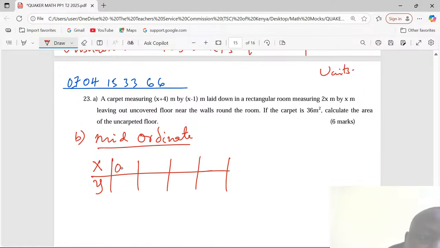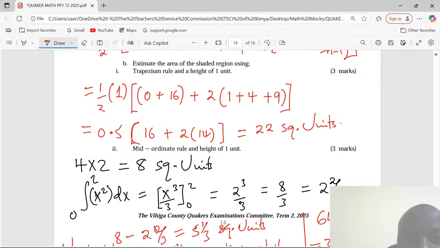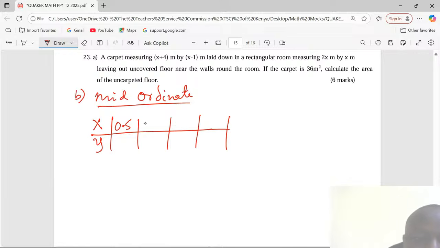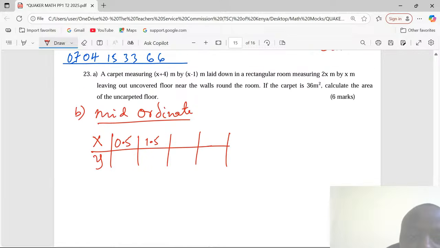We pick 0.5. Then from 1 to 2, we pick 1.5. Then from 2 to 3, we pick 2.5, and 3 to 4, 3.5. That way, we get the respective values of y: 0.5 squared, because the function says y equals x squared, so 0.25, then 1.5 squared, 2.25, then 2.5 squared, 6.25,